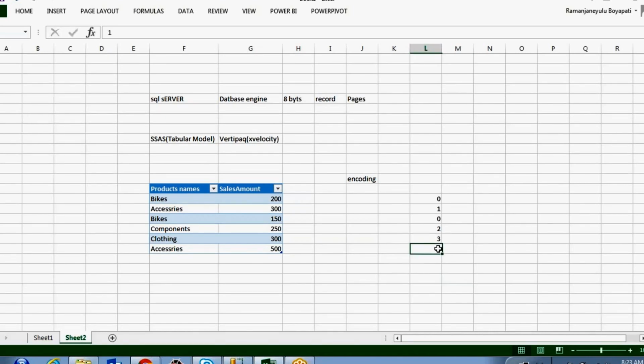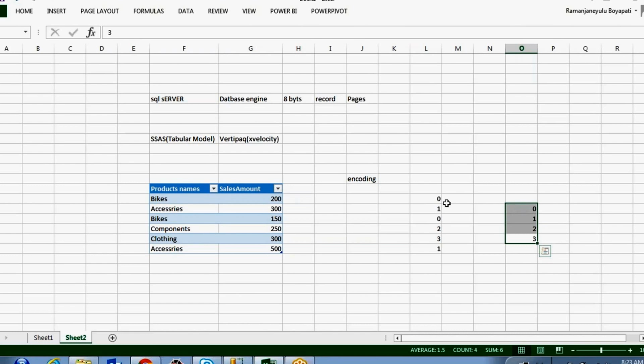So this is the way it does the encoding. After encoding, finally it takes the distinct values: 0, 1, 2, 3. This result it is going to store inside your tabular model under the product names.